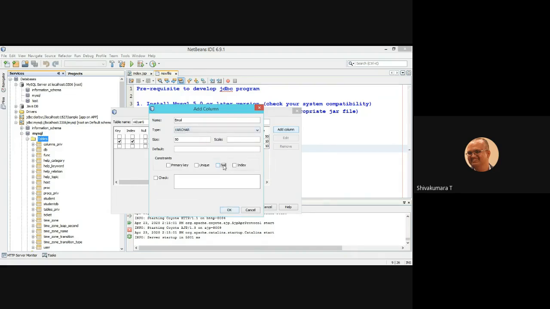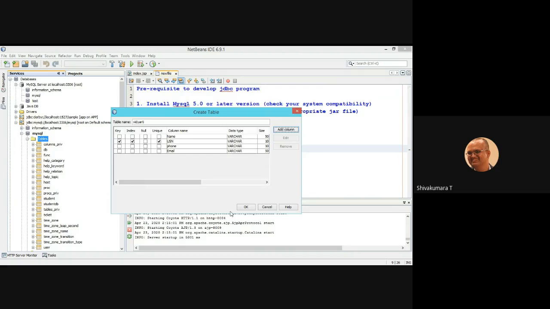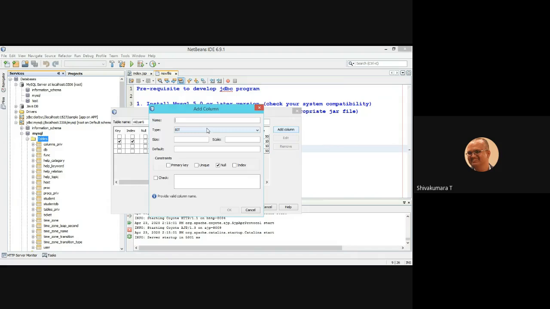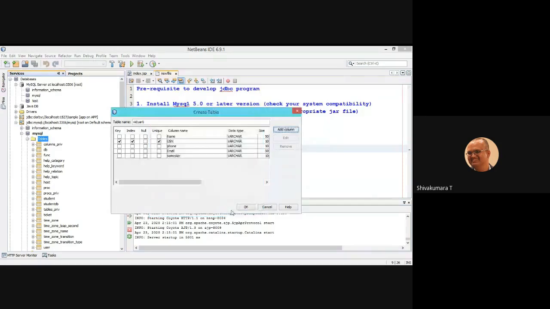Here I am limiting to 50. Again, I don't want to allow a null value, so uncheck that null value. If you want to add anything else, for example semester, I'm going to add semester, 10 characters, not null. Click on OK. So in this way, you are creating a table using the GUI.